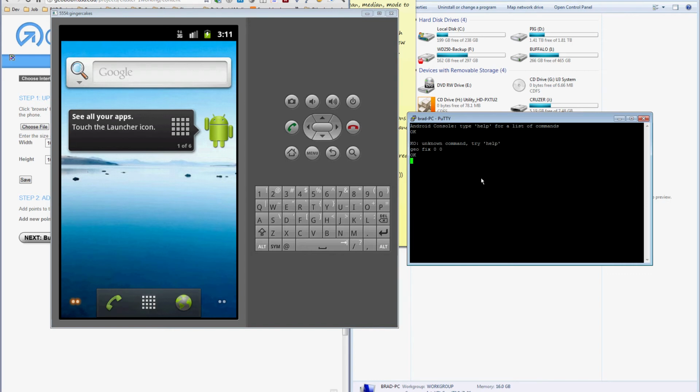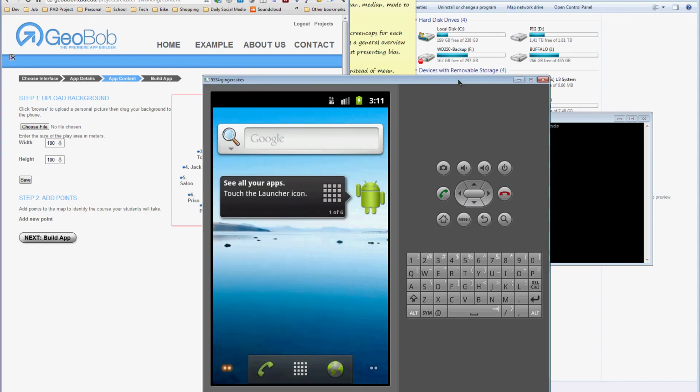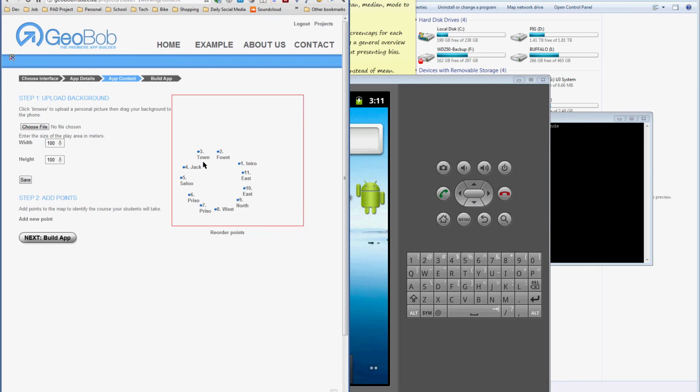And then if you want to manually move around, you can do geofix 0.000050 or whatever. I'm not sure how many decimal places there are, but there's an easier way to do it. That's if you want to move around from one point, like say you want to move from 2 to 11 manually. Otherwise, when you run the app, you can just click next on the app, and then click on the little bottom right hand corner icon and change your sensitivity to 100 meters. If you do that, it just moves through the points in consecutive order,